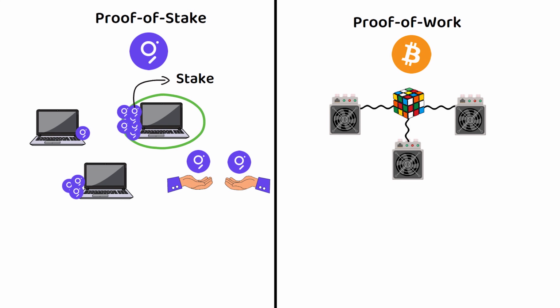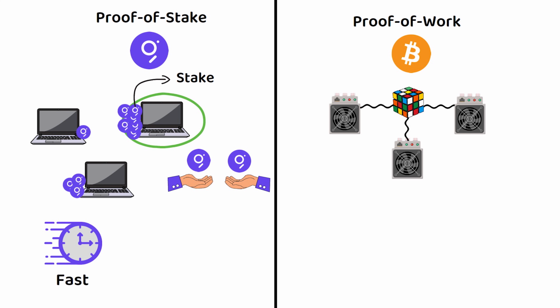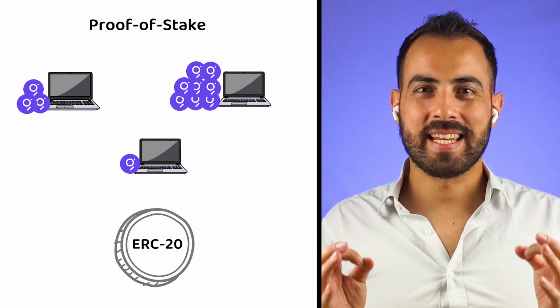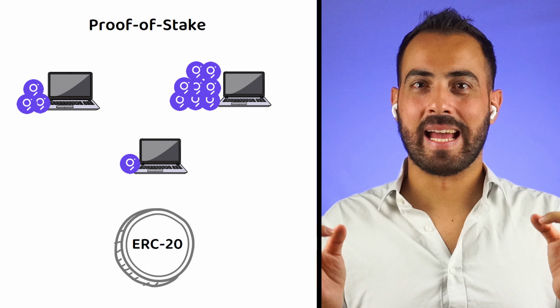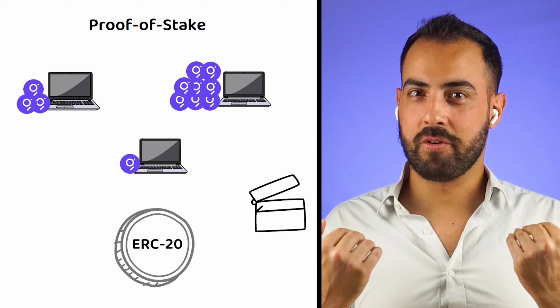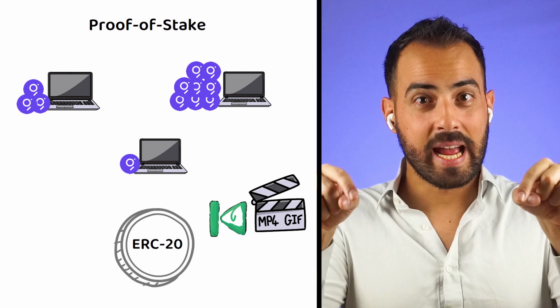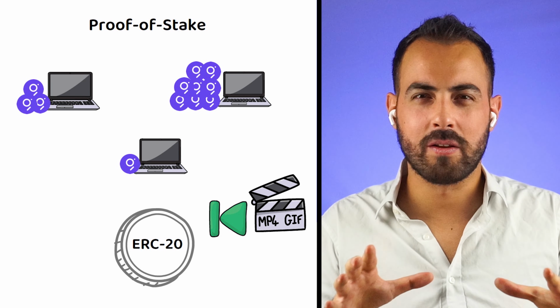The benefit here is it allows for quicker transaction finalization, as it only uses one validator and a couple of authenticators to ensure legitimacy. As a result, proof-of-stake uses an unbelievably small amount of energy when compared to proof-of-work. However, as I have talked about proof-of-stake and ERC20 tokens a few times previously, I will leave a few links to some previous videos in the description for those looking for a bit more depth on them.